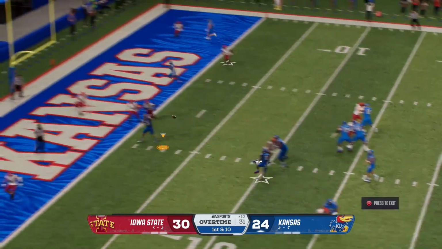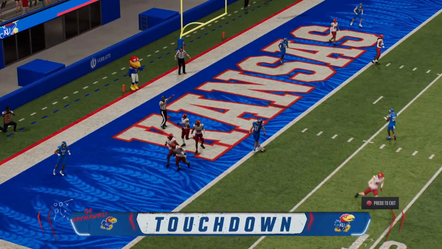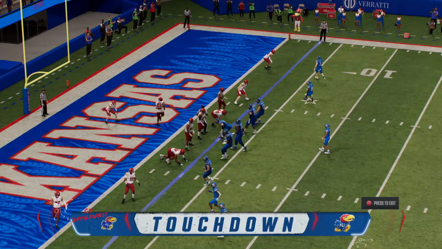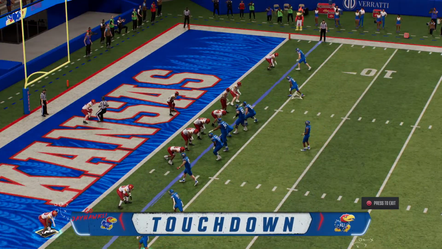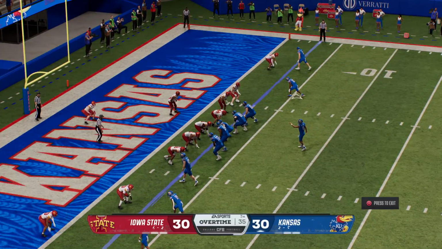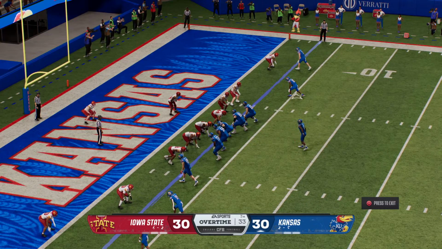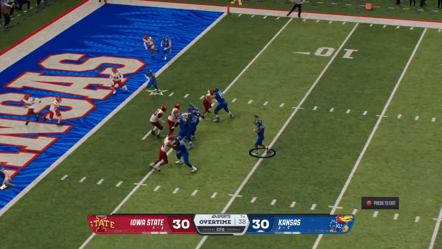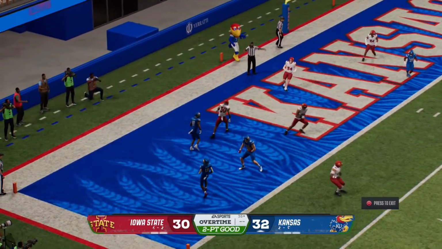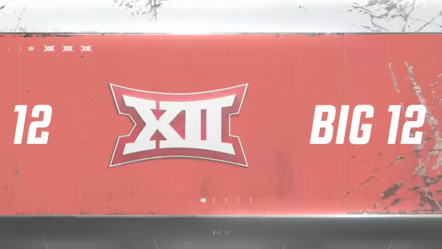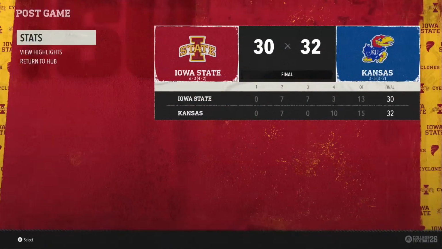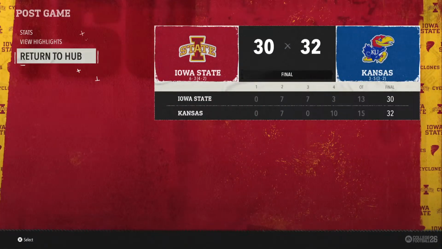He wants to start this drive with a pass. Touchdown, Jayhawks! And they responded with a score of their own. Field shrinks, tight end grows. Big targets, big results. I've never heard it put that way, but you're dang right. That guy is so big, a lot of times you get a